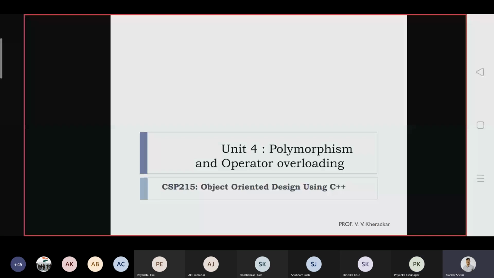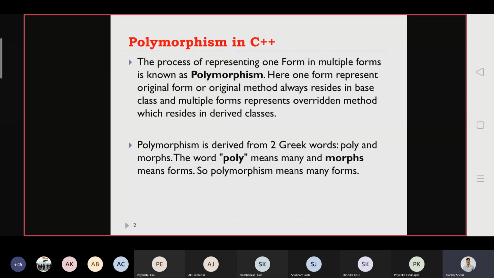Hello? Yes, sir. Okay. So this is the next point, polymorphism in C++. This is again a useful feature. Already some partial part we covered when we designed multiple constructors, that is nothing but function overloading. And in unit 1 also we learned what function overloading is. So what is function overloading? The function names are the same and the parameters are different, and we provide such kind of multiple function definitions with the same name.